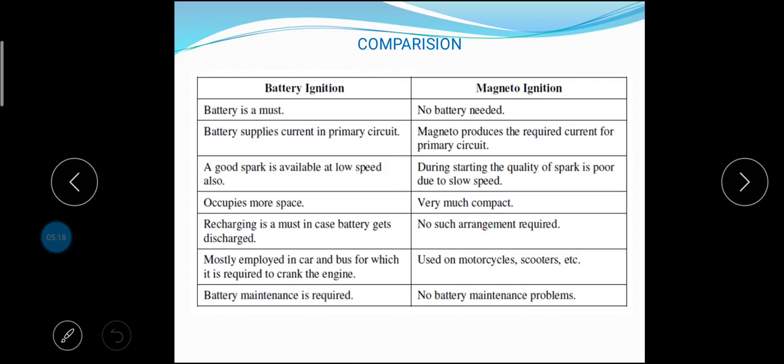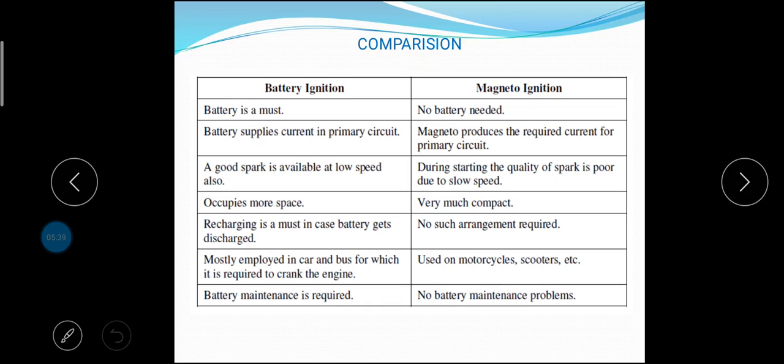The low cost of coil system compared with magneto is the main reason for the adoption of coil ignition system on cars and light commercial vehicles. Using alnico and cobalt metals, a very light in weight and compact in size unit can be made. The space required is less compared to coil system as it is more compact.